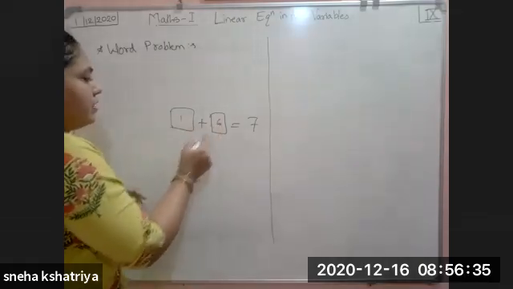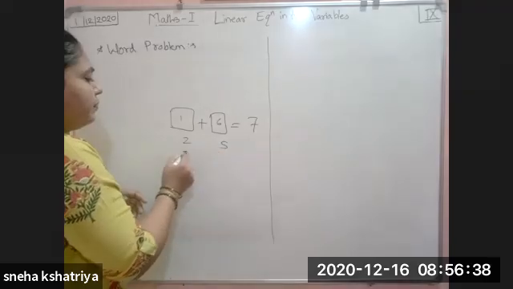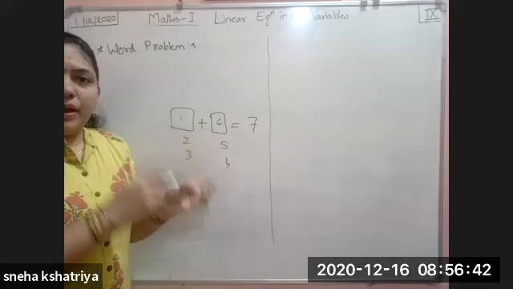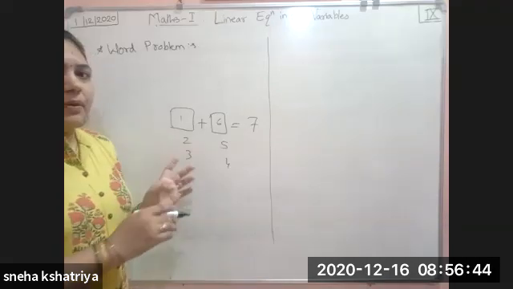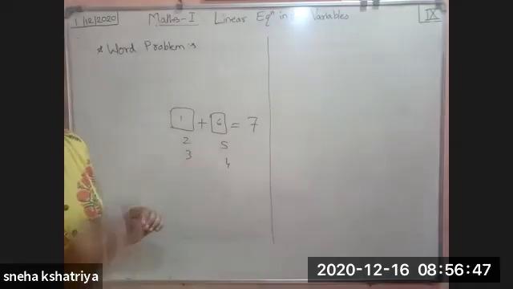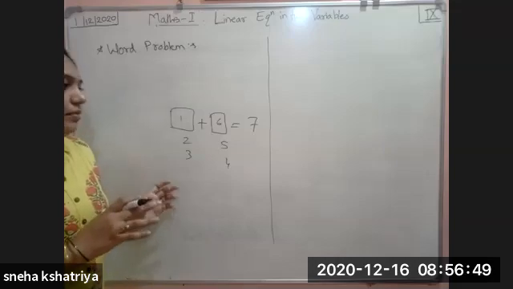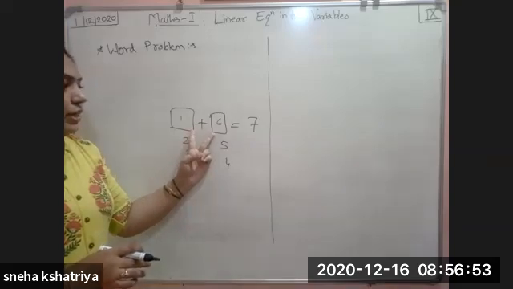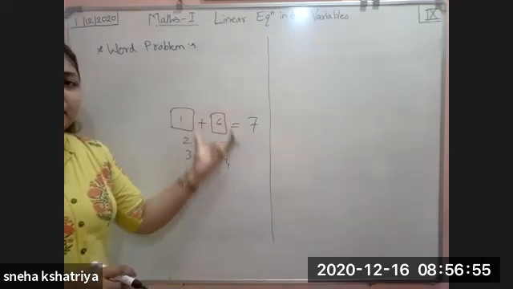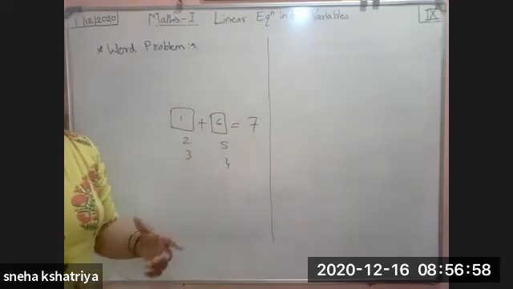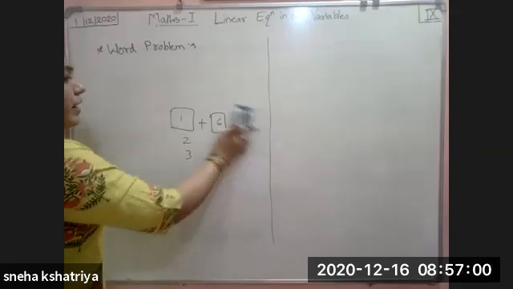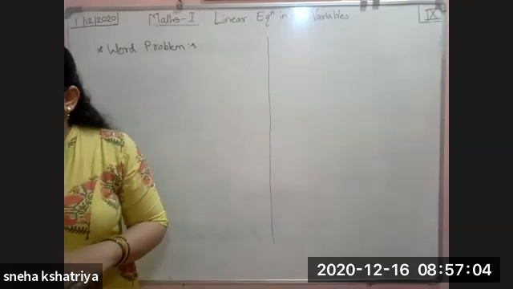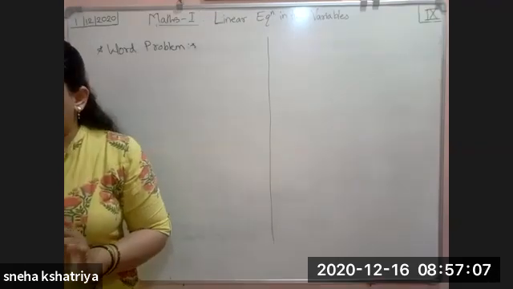We can take 1 and 6, 2 and 5, 3 and 4. I guess this kind of example was in practice set 5.1. We wrote multiple solutions; they told us to write only 5, but we wrote 6 or so. So if the addition of any two numbers is 7, this can be written in multiple ways, but we need a mathematical statement. So in the very first example, what is given is: the sum of two numbers is 36.